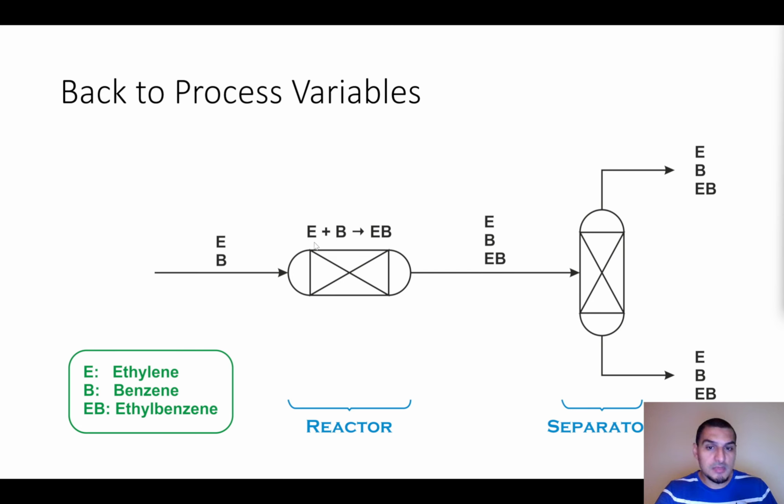The ethylene and benzene are not totally consumed, which means that some of the ethylene and benzene didn't go into the reaction and they came out as ethylene and benzene. Some reacted producing ethyl benzene, which came out as ethyl benzene. So this is understandable. Now when these three components in this stream are fed to this separator, we have a stream in the top and a stream in the bottom,